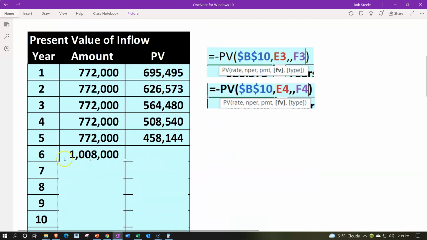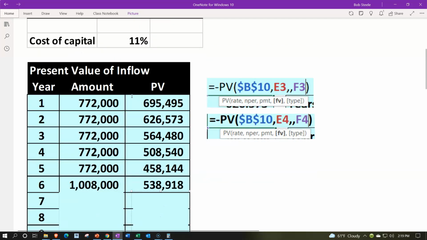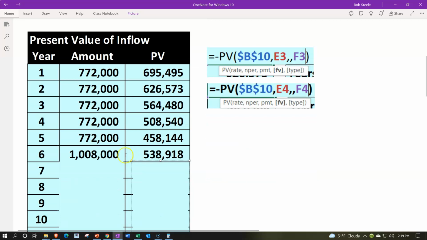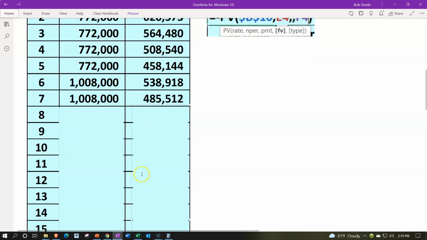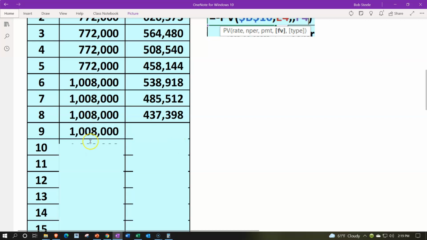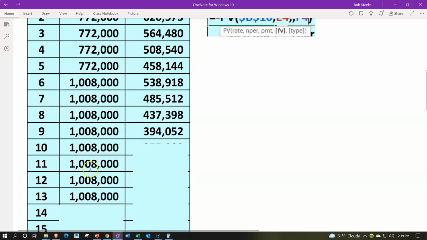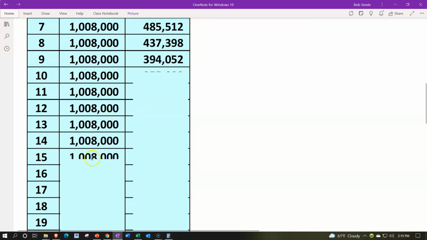added together to give us that 1,008,000. So that if we discount 6 years out at the 11%, we're going to get that 538,918. If we took year 7, amount 1008, and discounted it at 11%, 7 years out, we get the 485,512. Year 8, same kind of thing. We notice the discounts going down for these periods here, and then we get down to, what is it, year